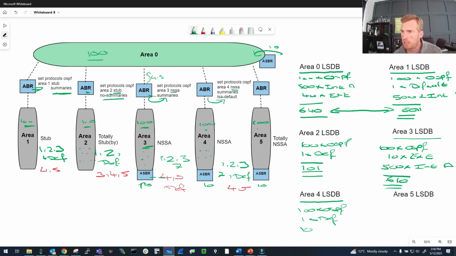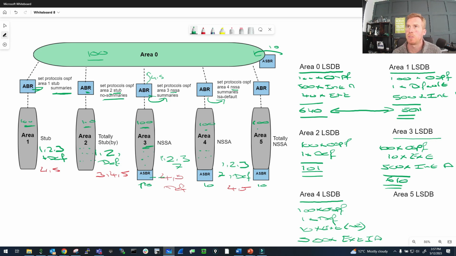So we've got 10 times external networks. So these would be N2s by default. And we are also still allowing type 3s. So we now have got 500 times external inter-area